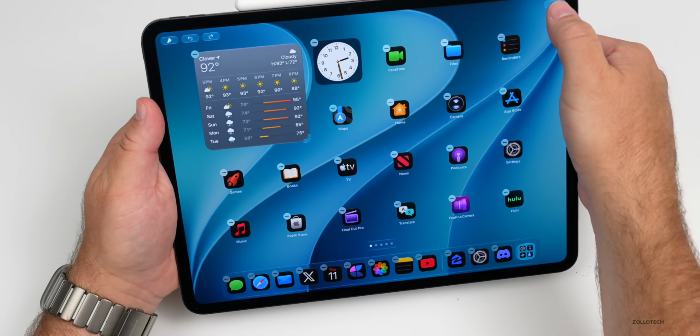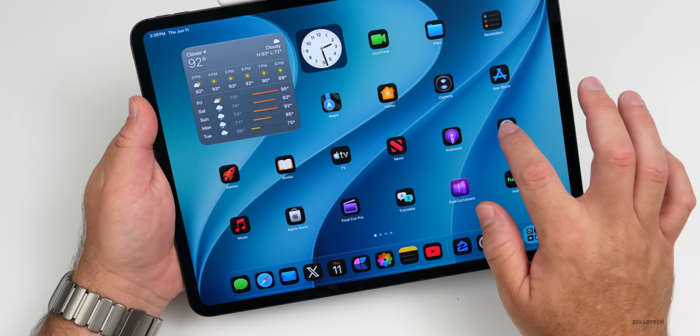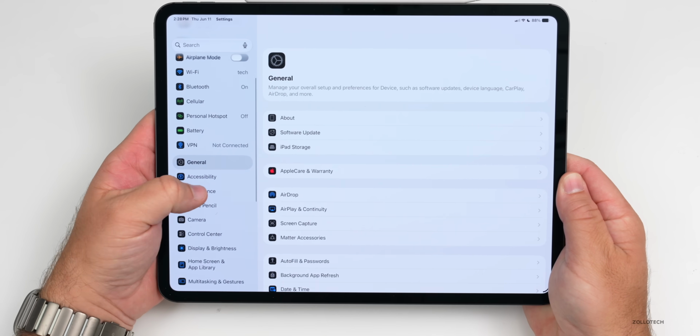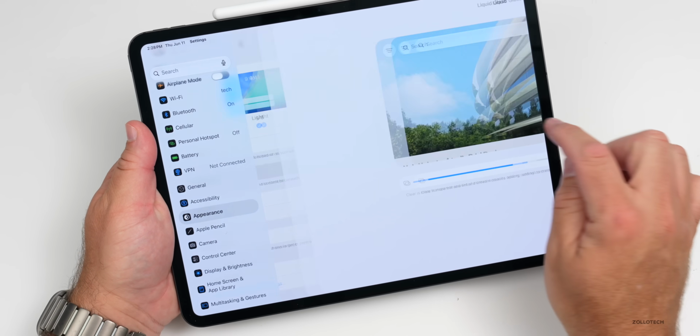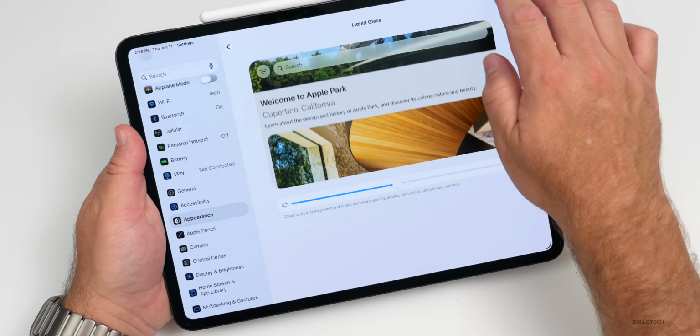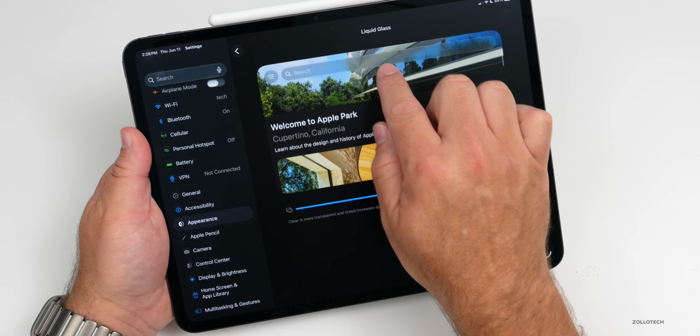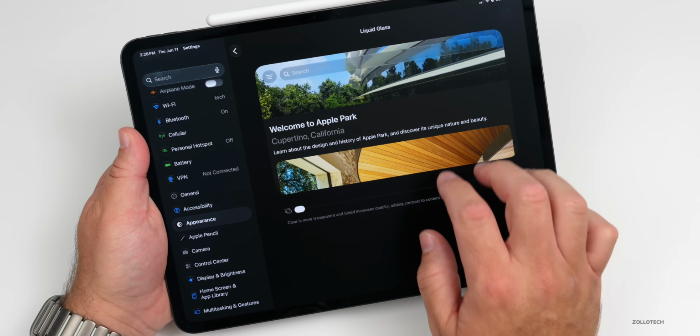One thing many people will be very happy with that don't really like liquid glass is there's now a liquid glass slider. Go into your settings here, go to Appearance, and then under Appearance, go to Liquid Glass, and you'll see a slider here. Let me switch over to dark mode, and you can see the slider here. You can move the wallpaper to see it, and if we give it more of a glass look,